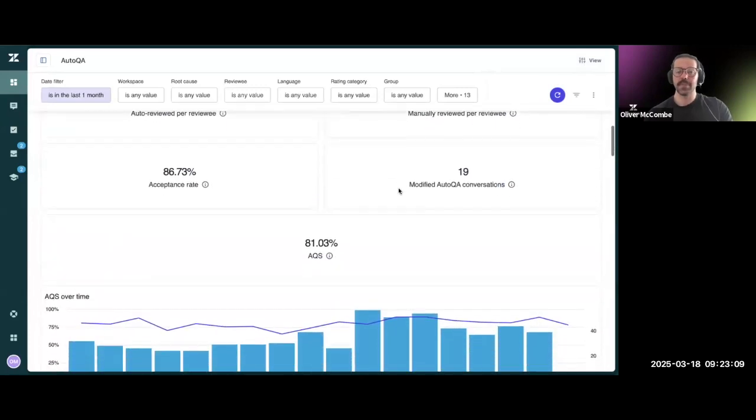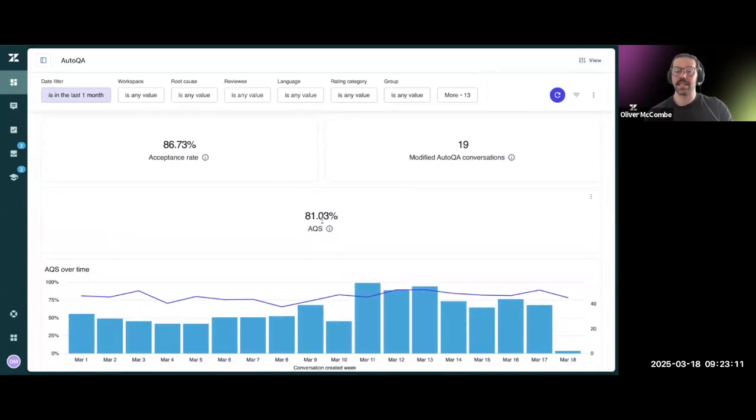Then what we'll see here, and this is the important part. So now we can see there's an AQS. So this is that auto-evaluated score. So when we see the fixed score by AutoQA, when we see the hologram, this we can't change. And remember, we can't train the model to learn how we would want it to score, which is why we